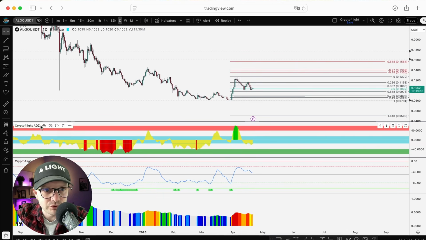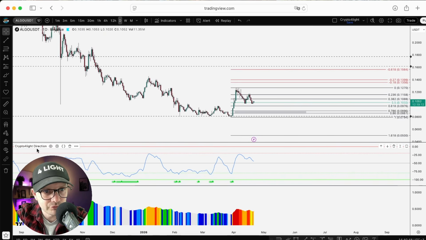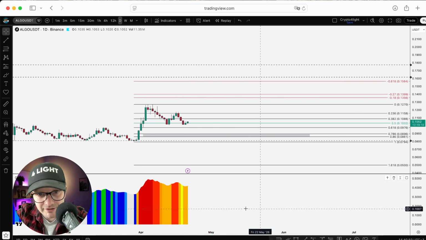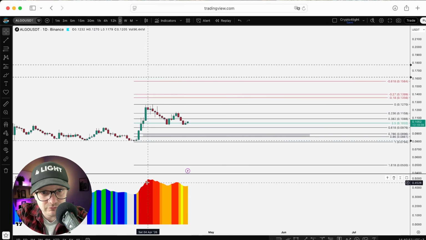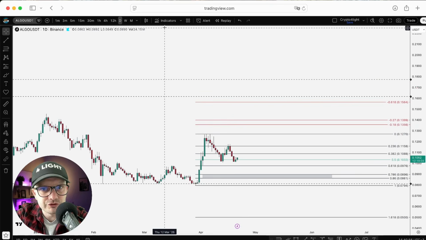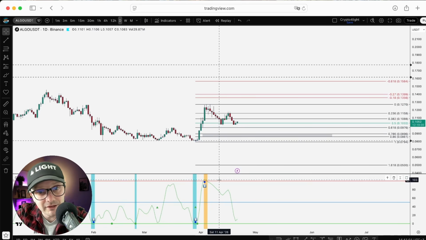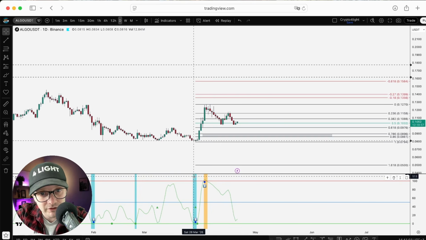So ADZ now neutral. And direction just neutral, also no signals. Market smooth, I don't like it because it was a A3 and now it's like a trill zone. So nothing bullish, nothing bearish. And the money power, guys, now no money inflow. Here was the last money in 1, 2 days.